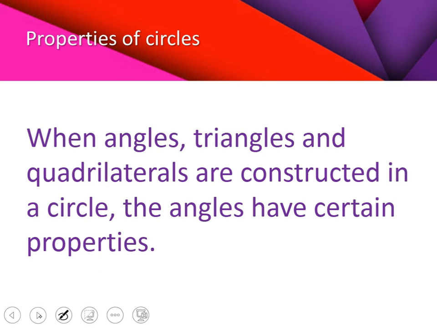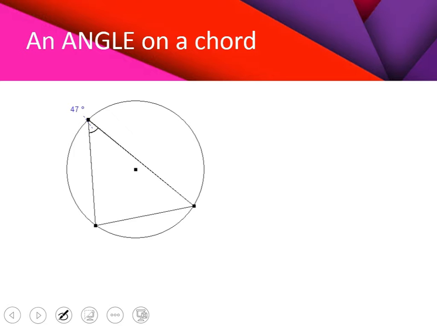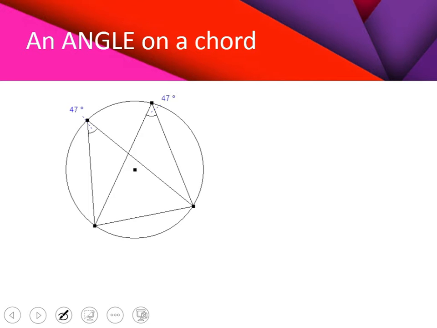Now the properties of circle. When angles, triangles and quadrilateral are constructed in a circle, the angles have certain properties. So the first property is an angle on a chord. It means that if we have a chord, like this is one of the chord,